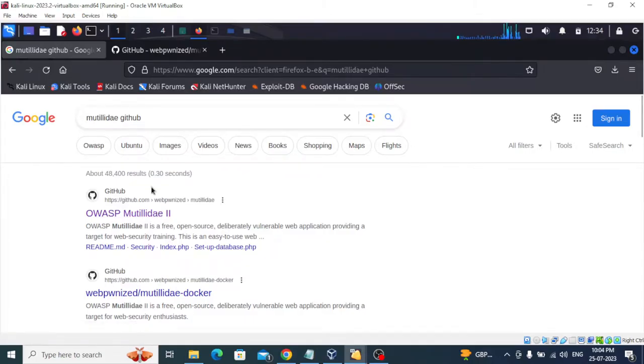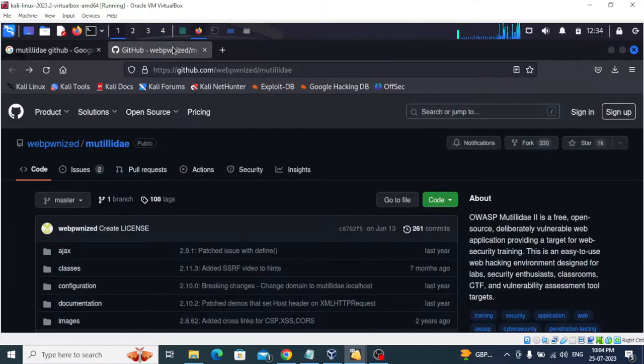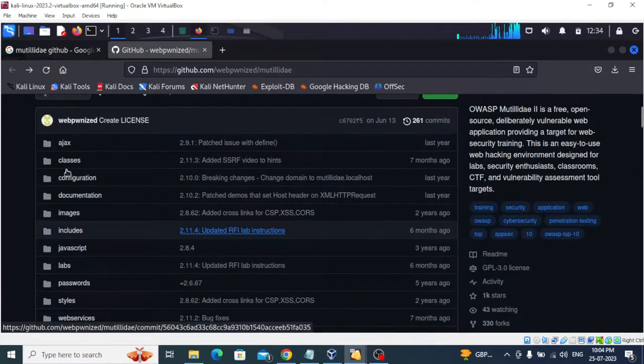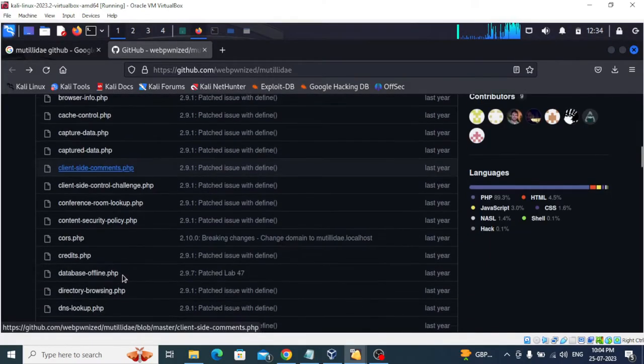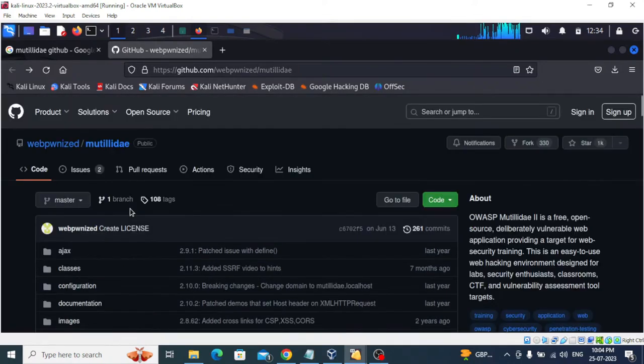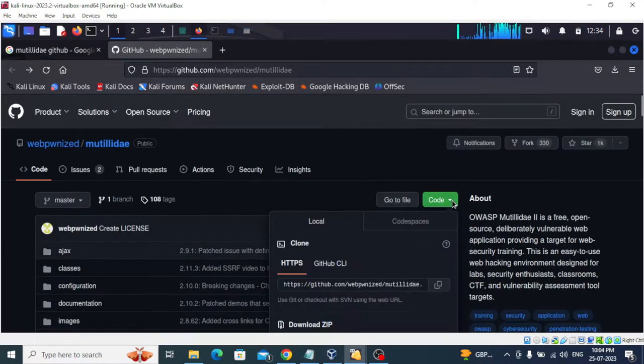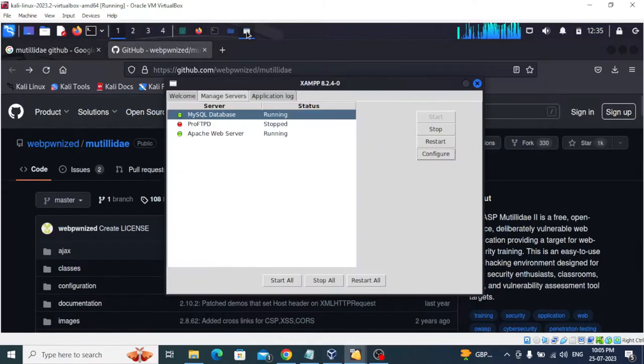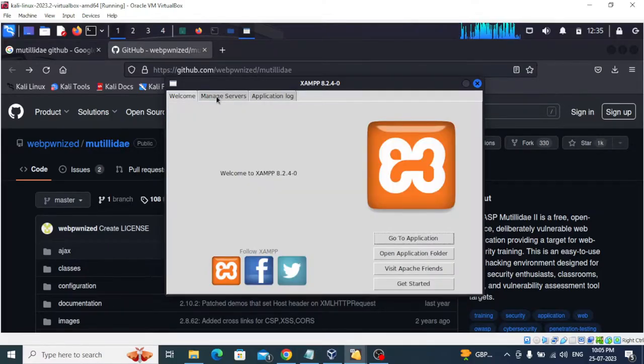When we search in Google, we'll see this GitHub repository, and these are different directories and files that are vulnerable, and we are going to clone it into our Mutillidae htdocs directory. For that, we will copy this, and I'm already running the Mutillidae XAMPP server,